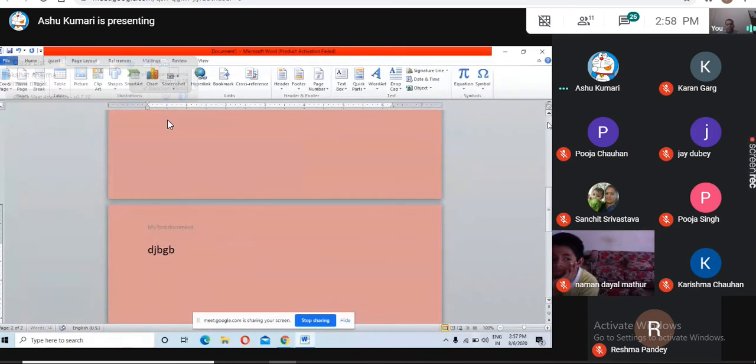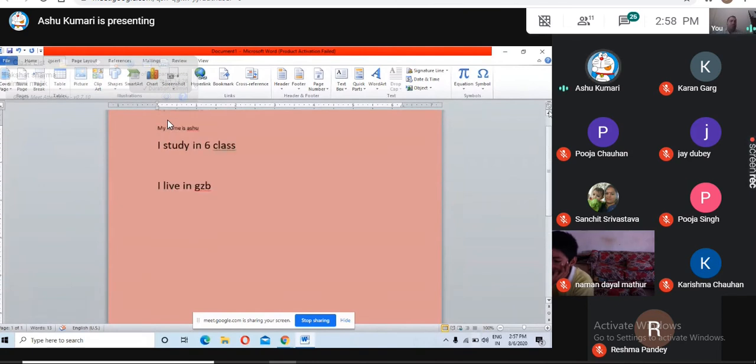So typing is not the big issue. We must know what the header and footer are. A header is the text that appears at the top of each page. So the definition of the header is that it appears as a heading or background on each page, that is fixed. That's what we call the header.